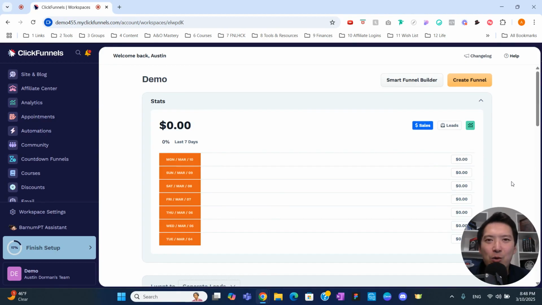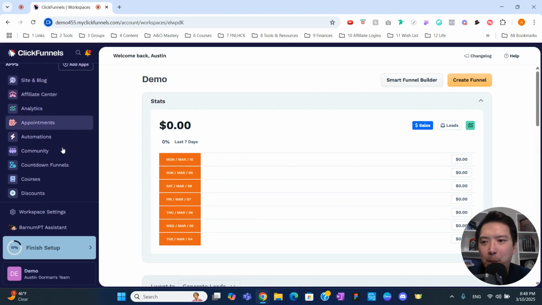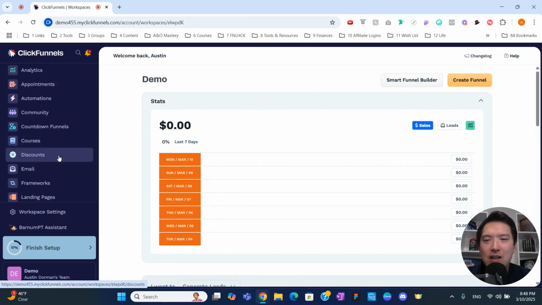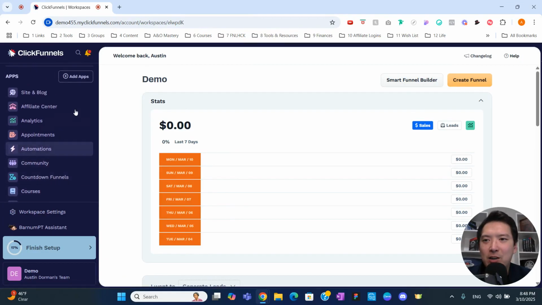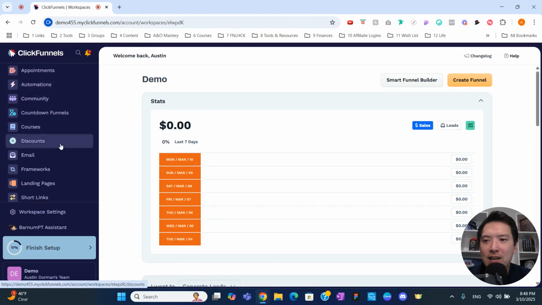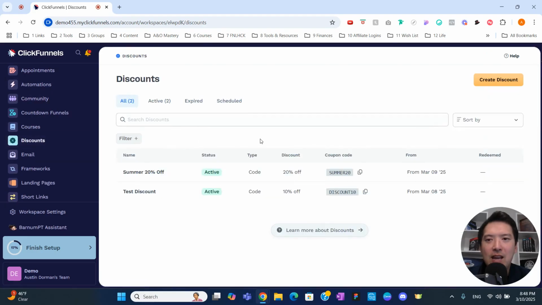So today we're going to talk about how to create a discount inside of ClickFunnels. So we're going to go over here to the left side under the apps section right here, and we're going to click discounts. Now, if discounts isn't appearing under your app section, you'll have to make sure you add the app, and you could easily do that by going to add apps, then find the discount app, and then add the app. So we're going to go down to discounts, and this gives us the list of discounts that we have. So we're going to click create discount,